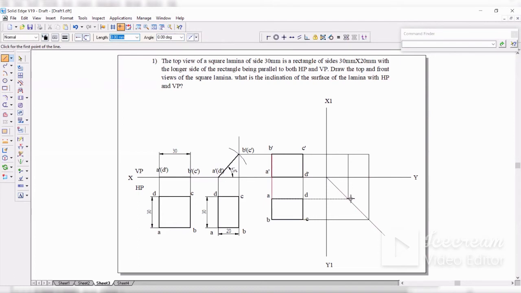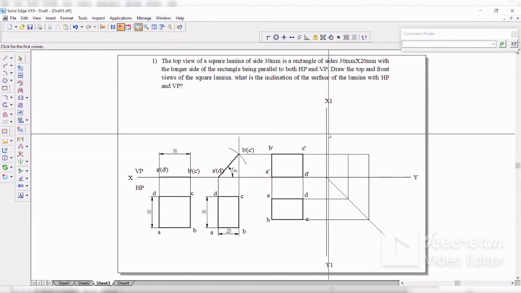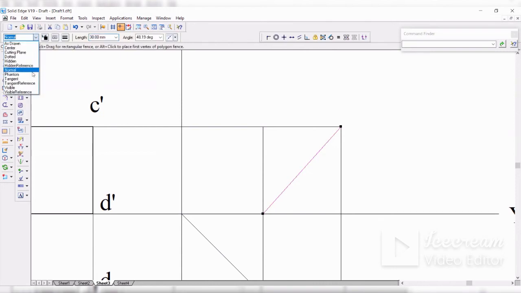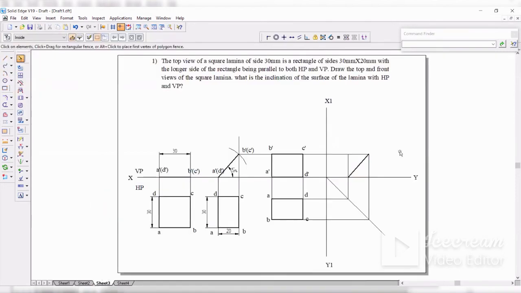Here A and D is joining and it is meeting here and here. So B and C is joining and it is meeting here. So what you should do is take the intersection of these two. You can take zoom here if you want. So intersection of these two. This is an intersection and this is a point. That is your side view. You make it visible. Okay. So now you can see here, this is A and D. So this is meeting A and D here. That becomes here. This is a side view.